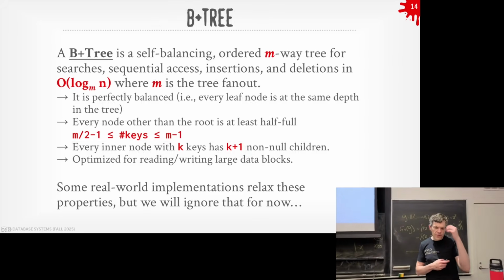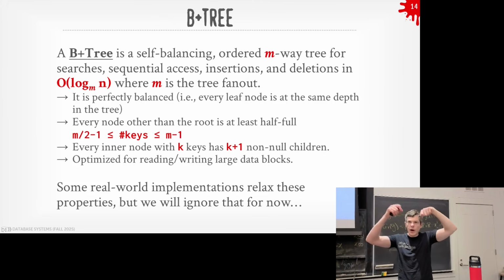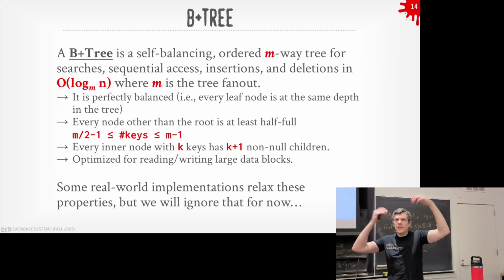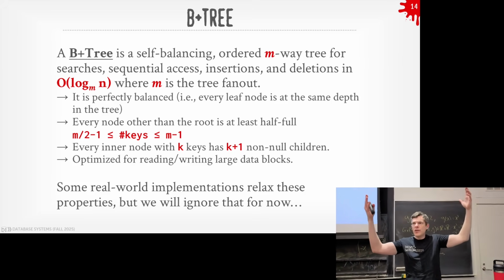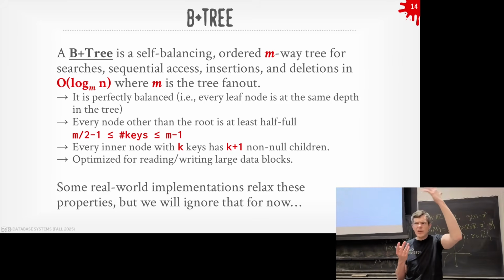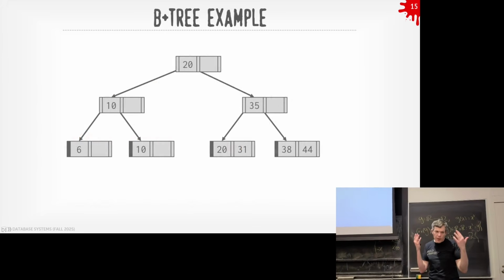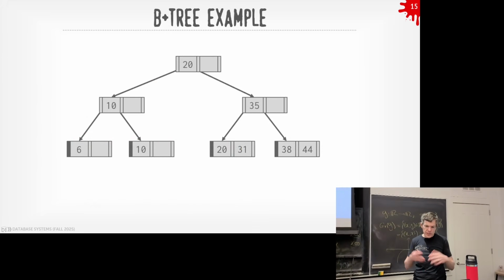I'll say also, the fan out is going to be pretty large, right? So m is usually a large number. Think of an 8 kilobyte page in Postgres. I can put a lot of key value pairs inside that thing, right? So the height of a real system's B+Tree is going to be maybe 4 or 5 levels, because the fan out is going to be quite large. But in the case of PowerPoint, I have to make it fit. So we'll look at simple examples here.